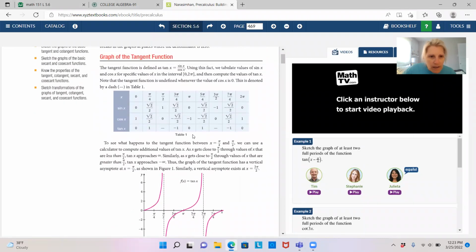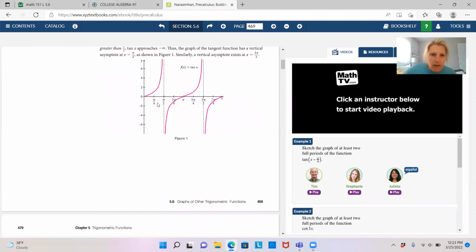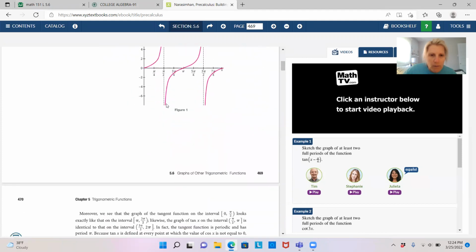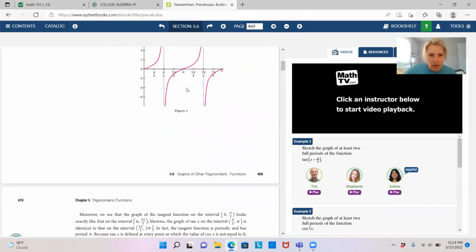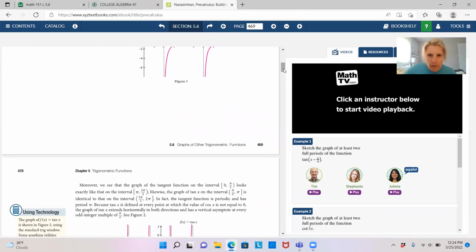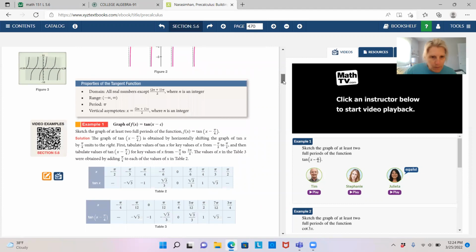And you can see here that tangent is related to sine and cosine, as tangent is the ratio of sine over cosine. And so it creates this function here that has these vertical asymptotes. It moves from left to right, it moves in the upward direction. So that's something that you would probably draw like a basic picture for yourself on your note sheets, because you can see if you go a couple pages down,